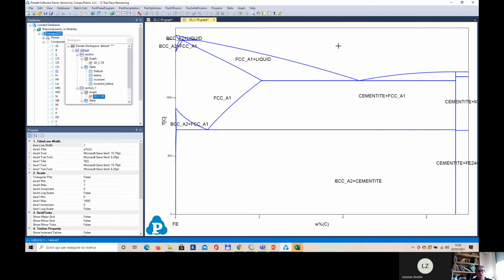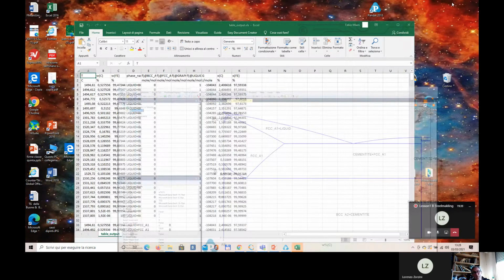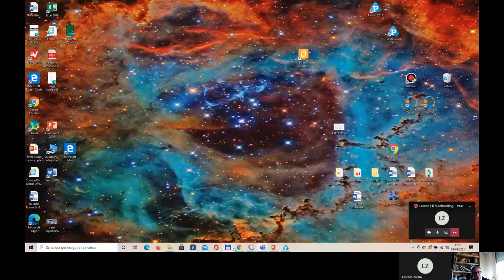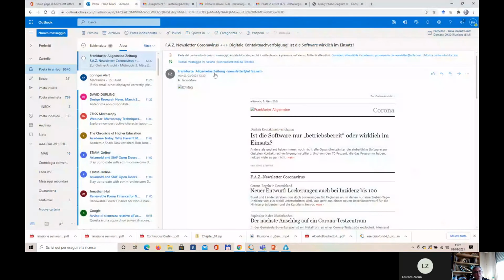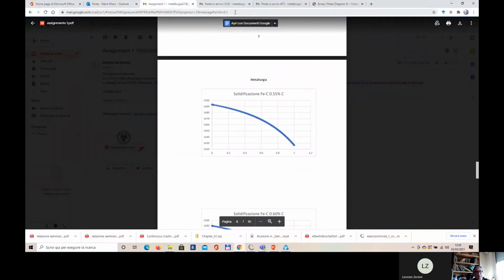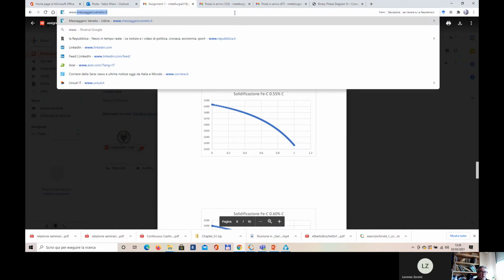So for the moment, because I want you to make this comparison with the software we will be able to use by the day of Friday, next Friday. For the moment, using Pandat, it's just the beginning. You have reproduced the iron carbon system. So what is up to you? It is up to you, as your colleagues have already done most of the time, to go in this,